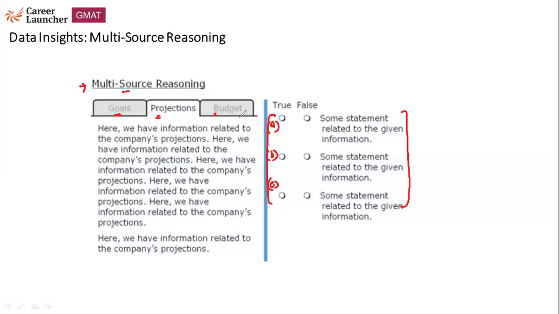Now, to get the complete question correct, all the parts need to be correct: A part, B part, C part. It's not that if one part is incorrect, the complete question is still correct. It goes for a toss. So you need to be very, very careful about the correctness of each question or each subpart